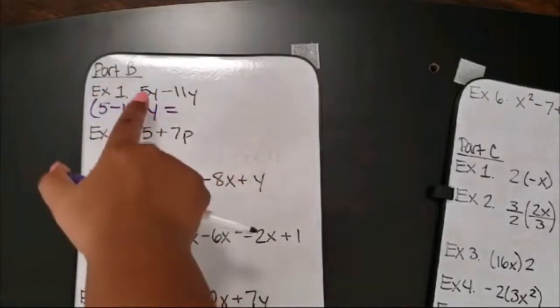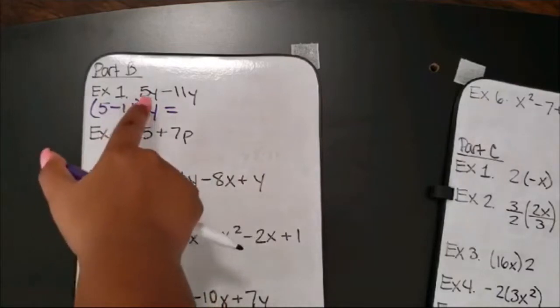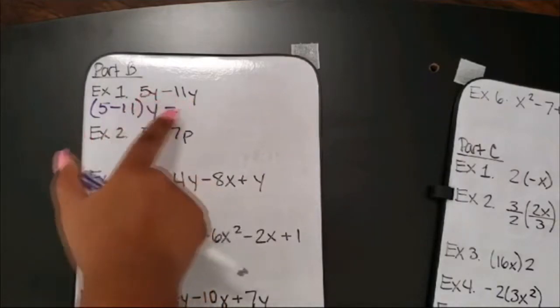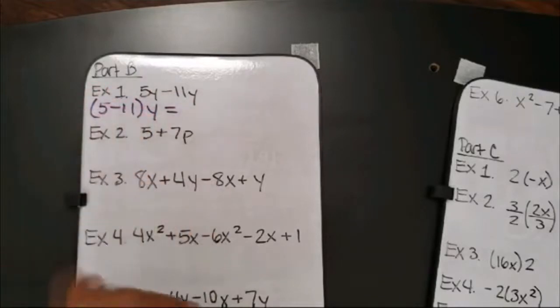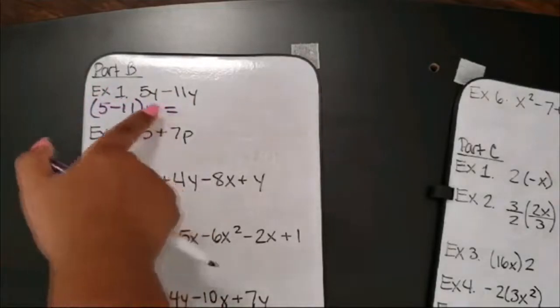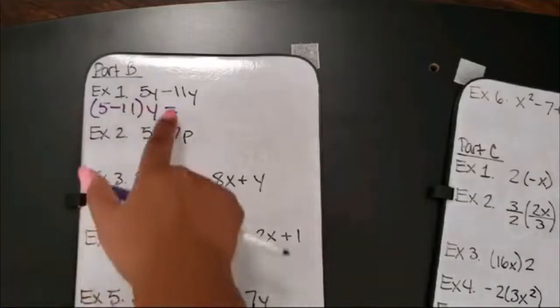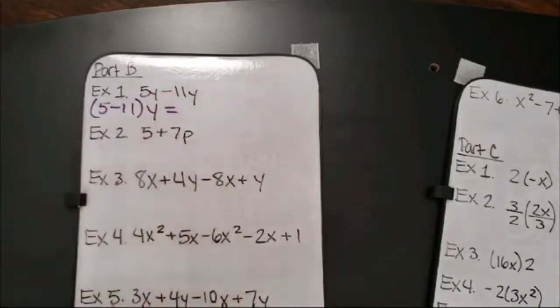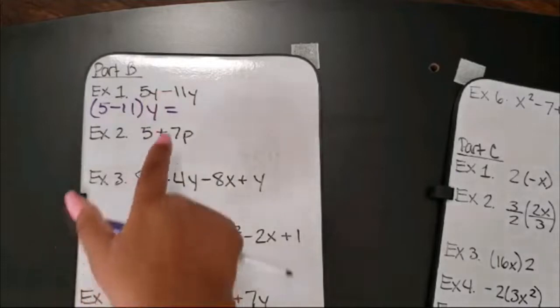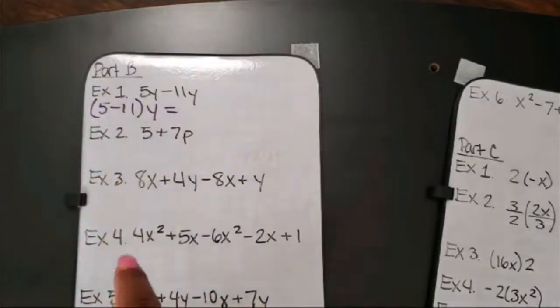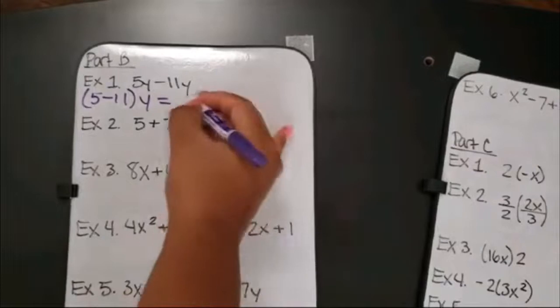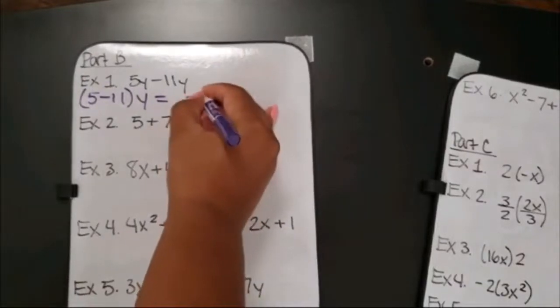And basically I took the 2 coefficients in the front and put those together, and we still have our y. If I multiplied this back through, I would still have that original answer. So this is an example of using the distributive property to help me find my answer. So 5 minus 11 is -6. So we have